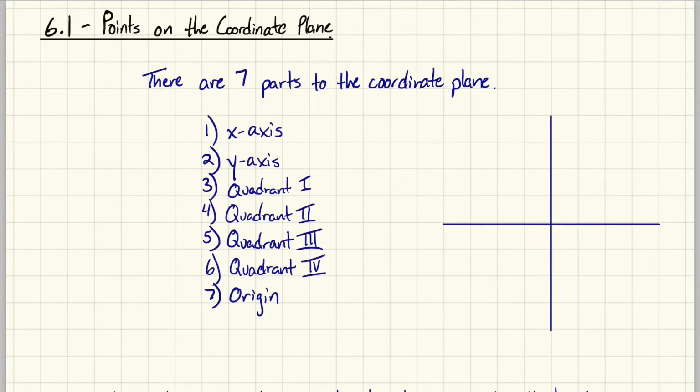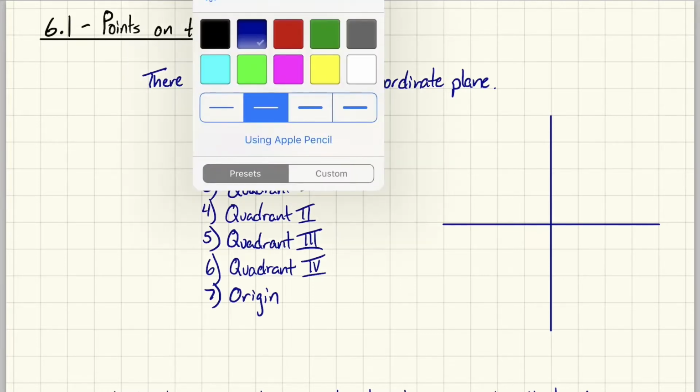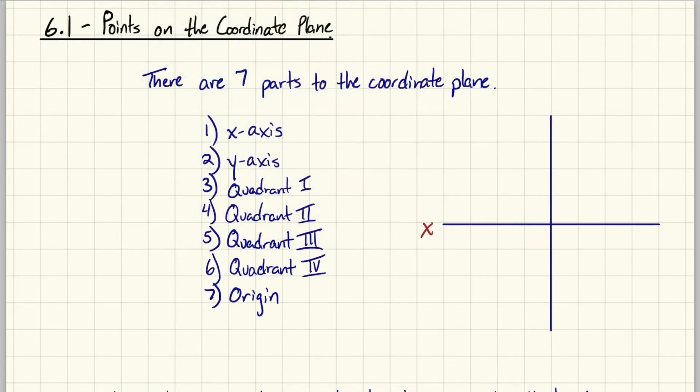The first 2 parts are the x and y axis. The x-axis for us runs from left to right across the x-axis. That is this piece right here. The horizontal line running through is the x-axis. And likewise, we have the y-axis running